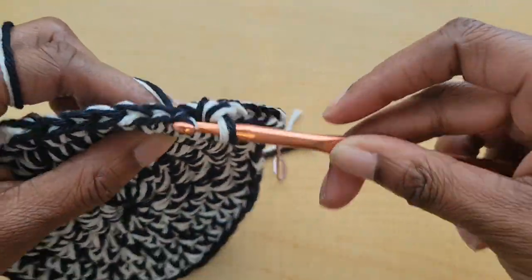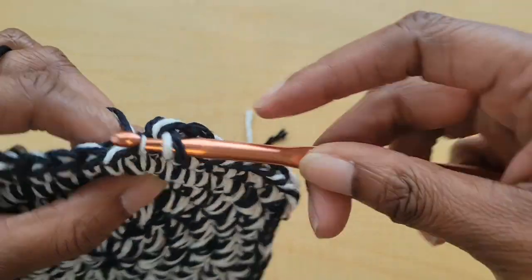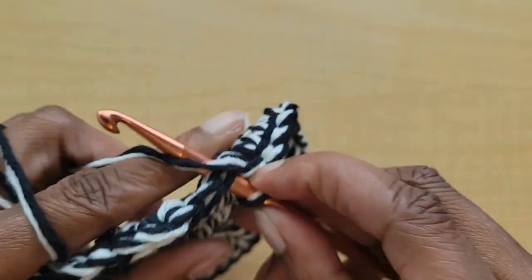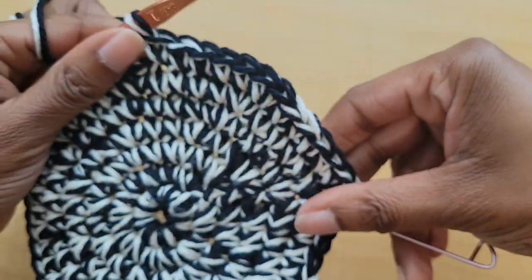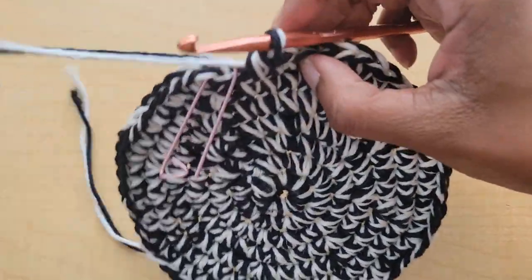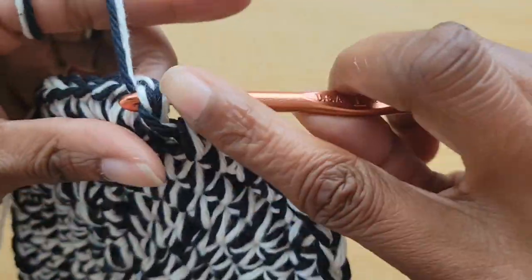So 2 single crochets in the next stitch, 1 and 2, and then 1 single crochet in the next 5 stitches, 1, 2, 3, 4, and 5. So you're going to continue repeating that pattern all the way around, and then at the end of this round you should have 56 single crochets. Okay, so once you finish your 56 single crochets for this round, we're just going to slip stitch again into that very first single crochet,